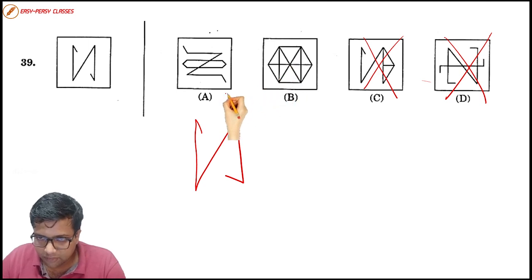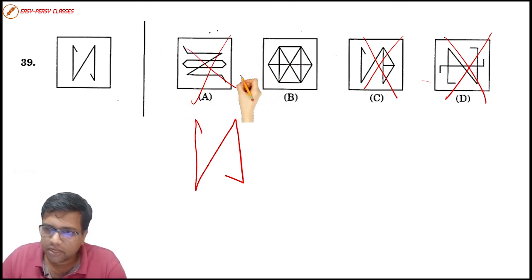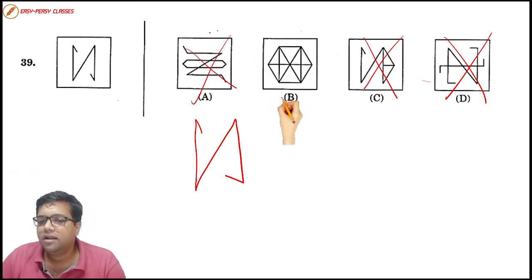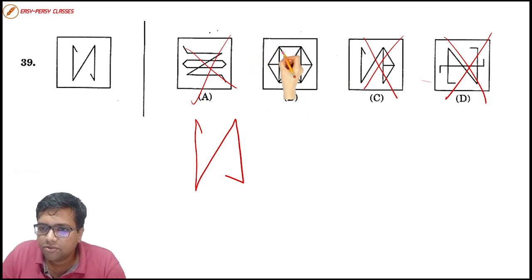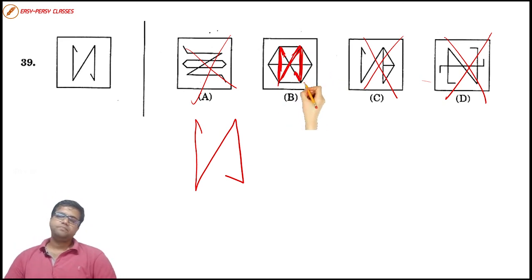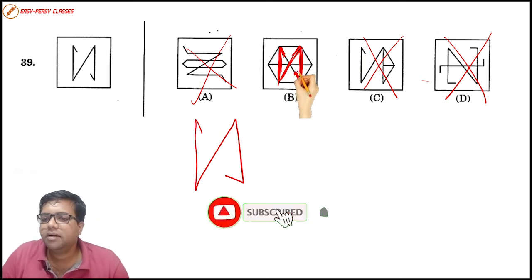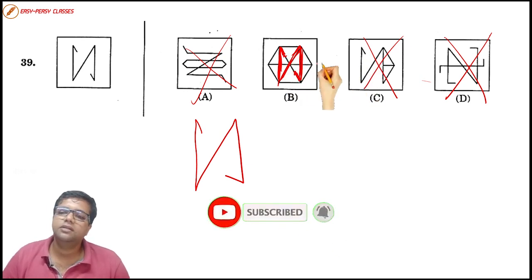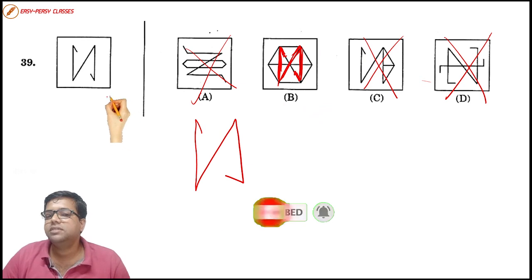Do we have it in option number A? No, we don't have it. We are only left with option number B. Let us see where it is hidden. See, if you just consider a line from this part and just draw it, we get a figure which is asked in our question figure. You just have to consider it up to here only. This was quite a little difficult question. We just have to consider it up to here only, not further. In that way it will match with the question figure.